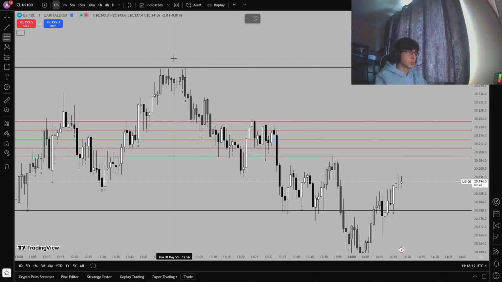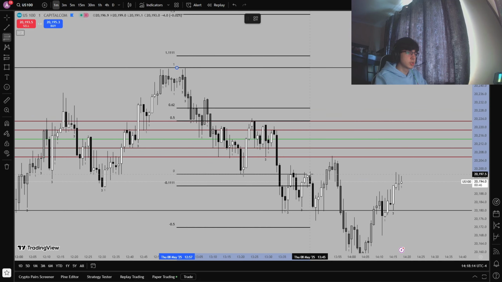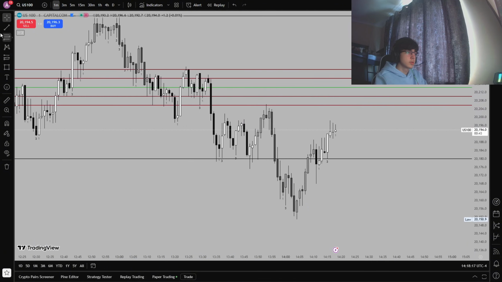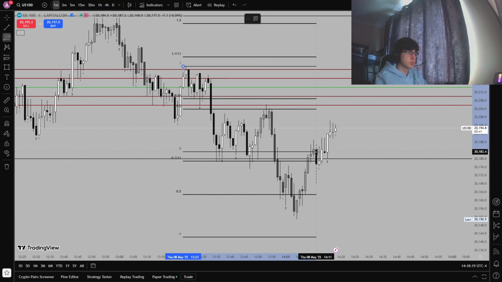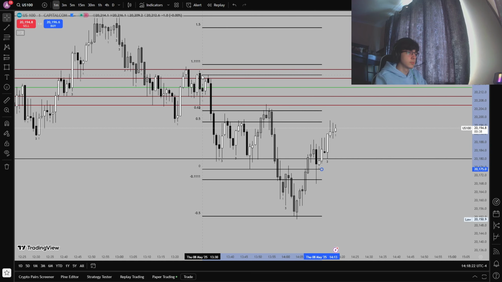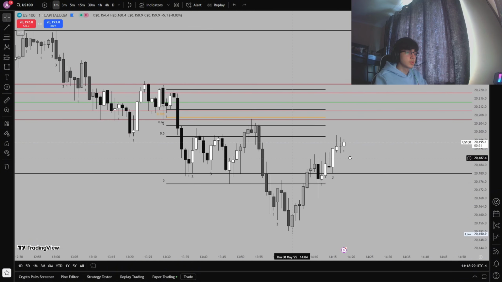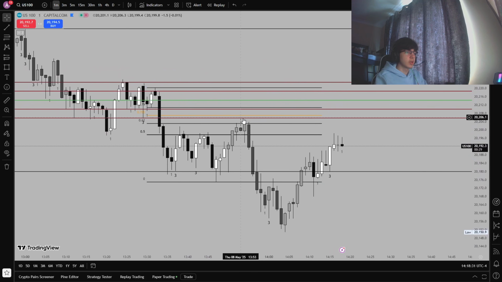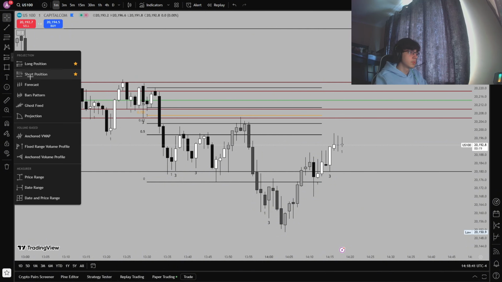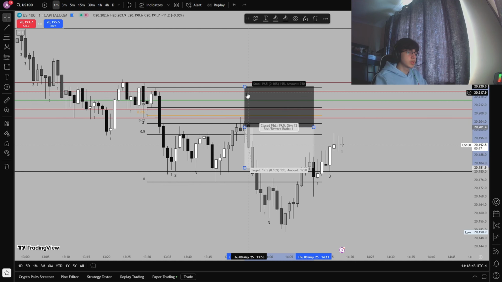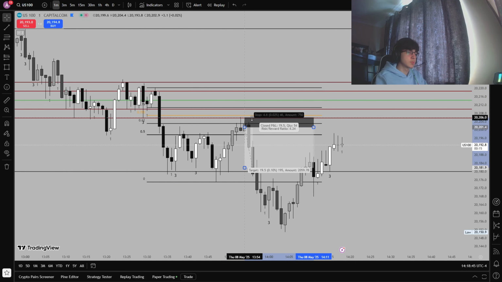First of all, we already rebalanced this EQ, so I wasn't looking at that range to be touched. I was waiting for this range to be rebalanced, this high, which we did, and then I also saw that OTE aligned. So I would have entered at the golden zone, but I set my limit at the golden zone and it didn't fill, so I entered around this level, which I should get used to. I should put my entry just below the golden zone.